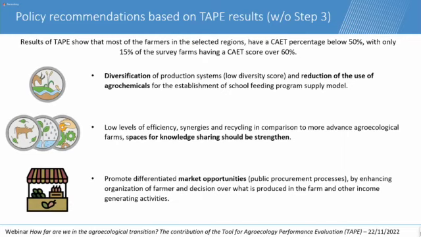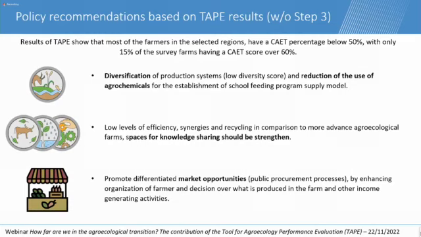So diversification of production systems and reduction of the use of agrochemicals is key to establish these links with the school feeding programs. Also, the low levels of efficiency, synergies, and recycling give space for policies to focus on knowledge sharing, in that there are possibilities of upscaling with farms already practicing agroecology. So horizontal learning between farmers can open the space for other farmers to also incorporate themselves in these programs. And the promotion of differentiated market opportunities, like in this case, public procurement processes for buying food for schools,